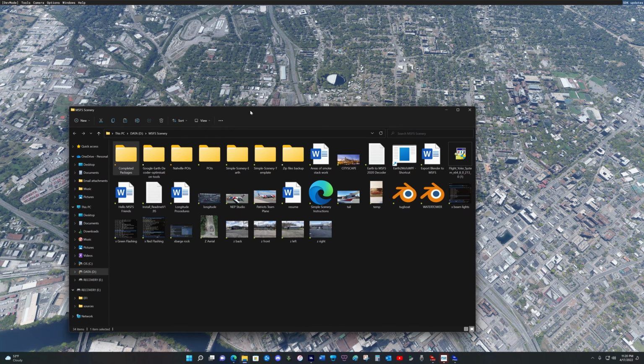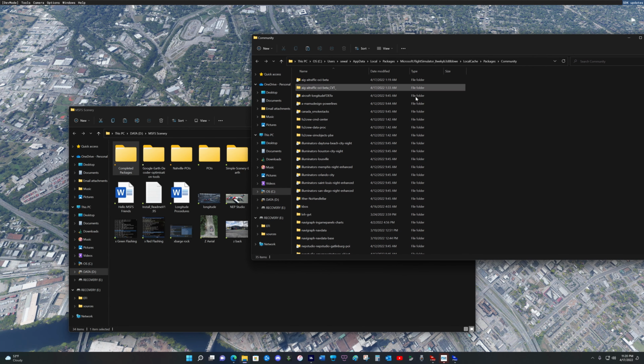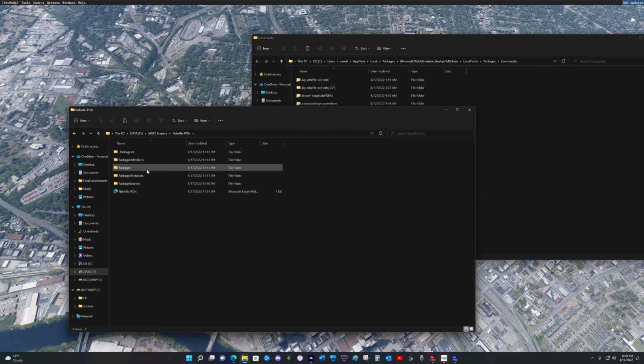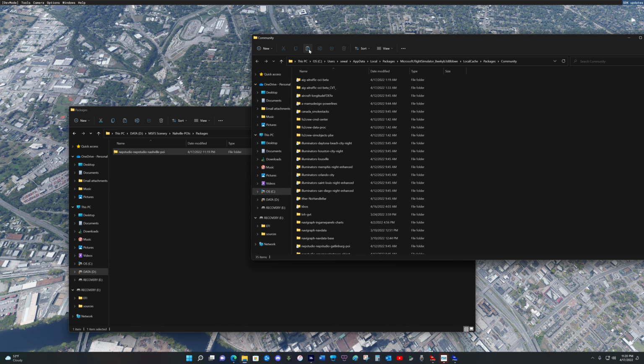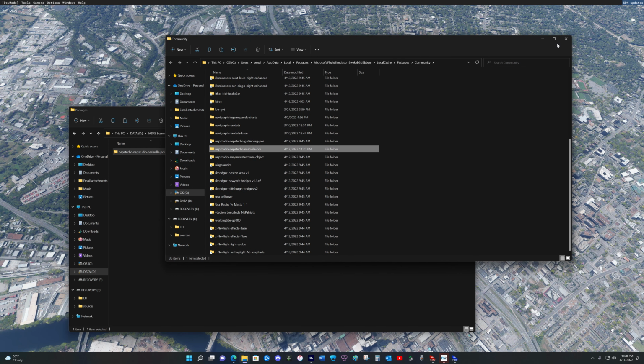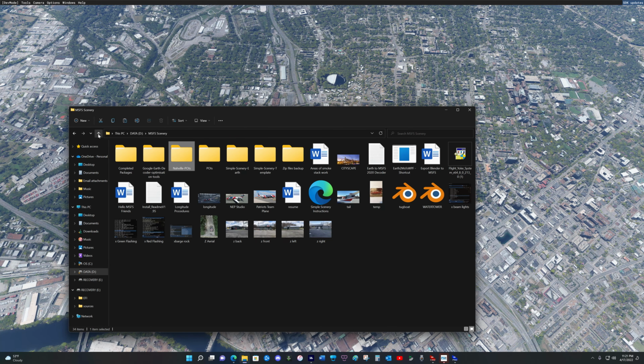So here's my file in which I saved it, Nashville POIs, and I have my community folder right here handy. Already had it open, so I can just bring it over. So I want to click on my file, and I want to see packages. There they are. NEP Studio Nashville POIs. So we want to copy that, leave it in there, don't move it. I'd copy it normally. Or my community folder, I'm going to paste it in. Now it is in my community folder, so I'm going to close the community folder, go back up with this,